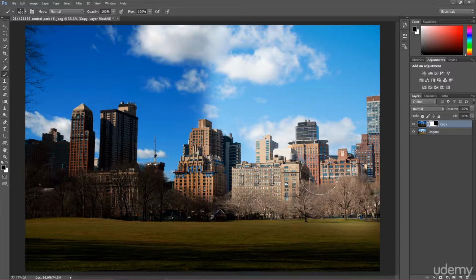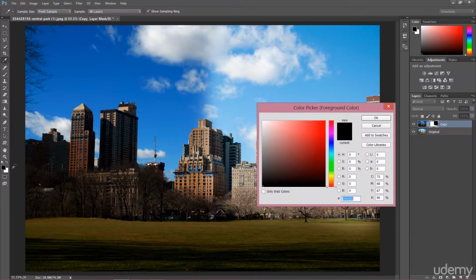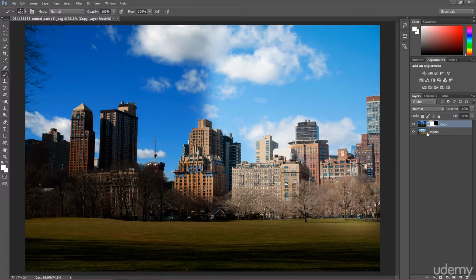But okay, you can say, but I can do this with the eraser tool. But what huge opportunities this layer mask is giving you. Have a look right now. I'm going to choose the color once again, and now I'm going to change this color to white. I'm going to paint once again on this layer mask with white color. Have a look at what is happening.